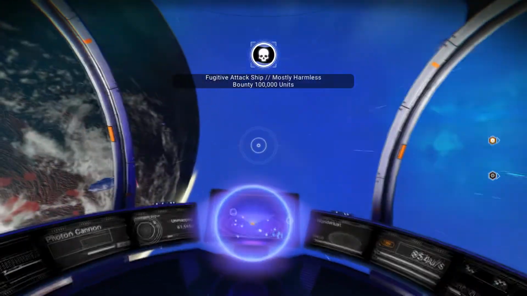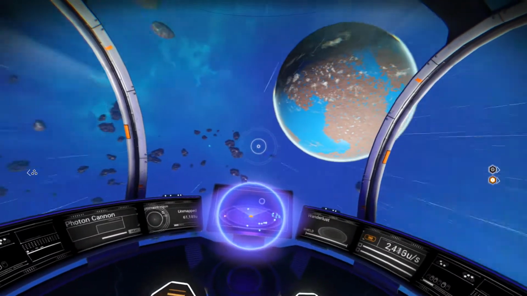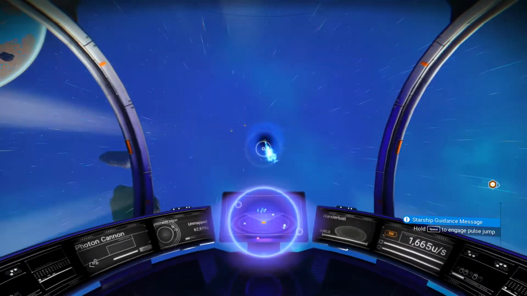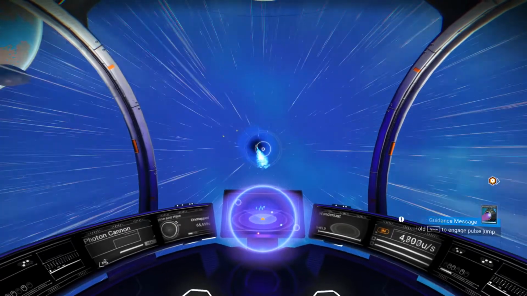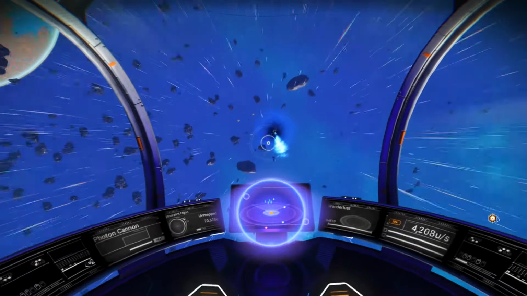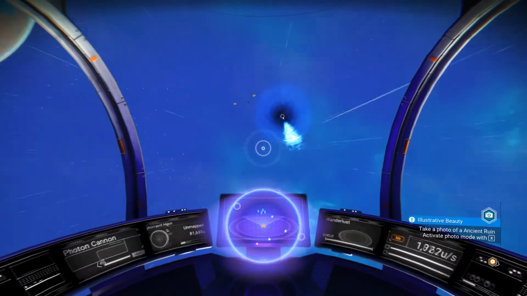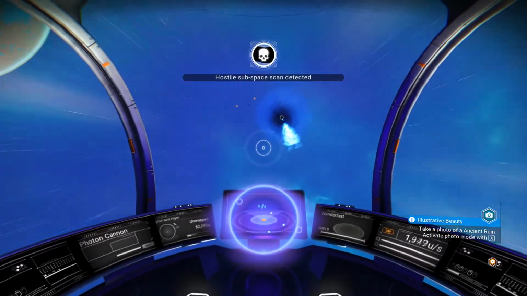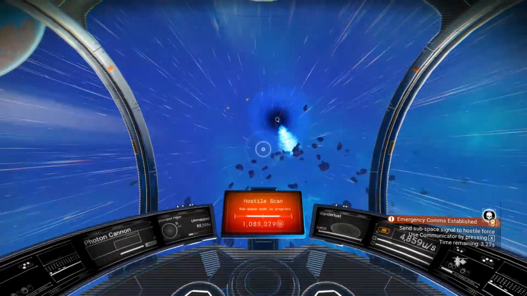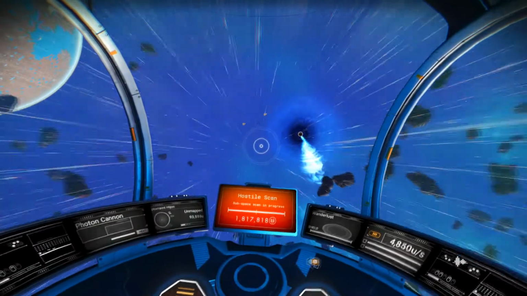Now, one thing that can happen... I was about to say, sometimes you have a problem finding black holes, but they've actually put a marker in. That's something I've never noticed before. Then again, it's a long time since I've been through a black hole. Right, here guys, here's the black hole. Now there is a trick you can use if you've got a really highly tricked out ship and you don't want to take the damage. What you can do is, once you get close enough, as you can see, I'm already being...